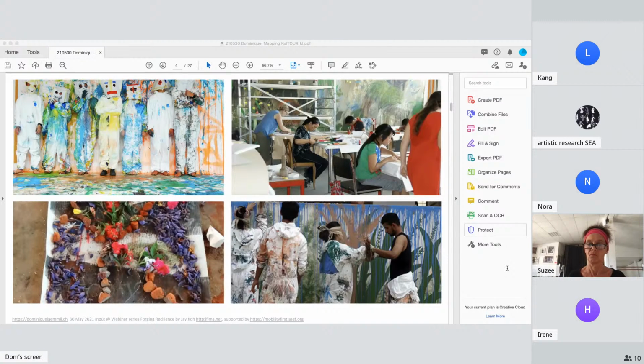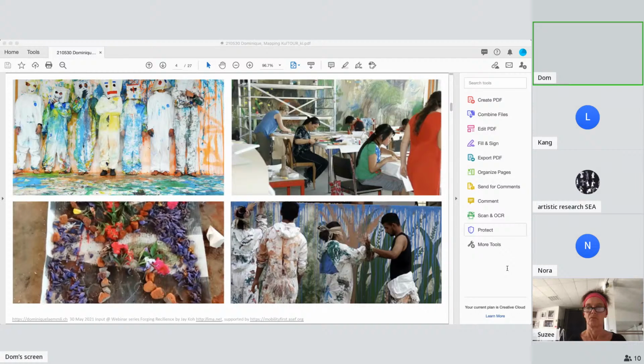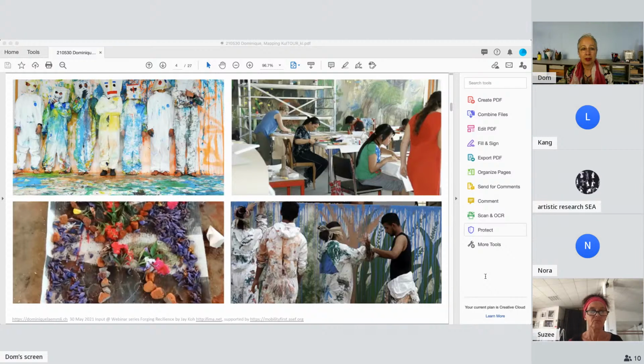So we conduct practice-based and practice-led research. We are often using arts-based methods. On this slide, you see some impressions of past projects. The image on the top left shows a painting session with kids. On the top right, you see my studio and colleagues from Switzerland, Iran, and Bhutan. And we were producing together art books containing contemporary and traditional Buddhist images.